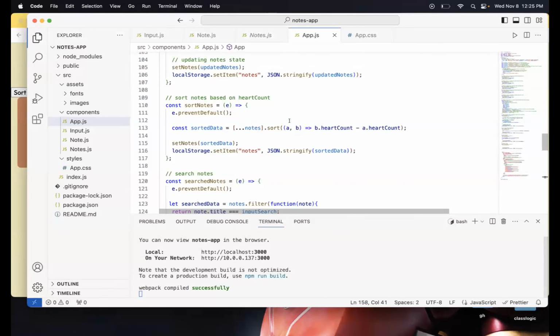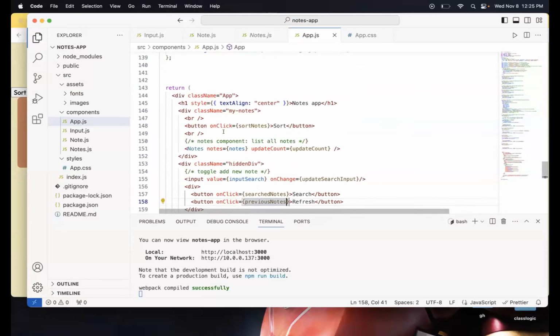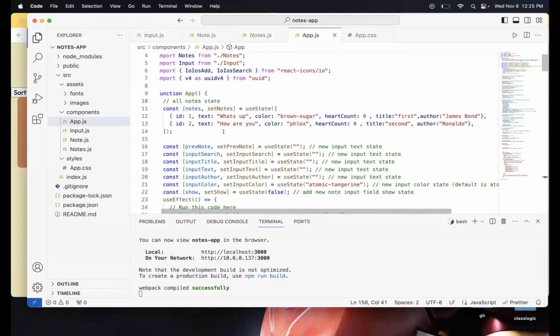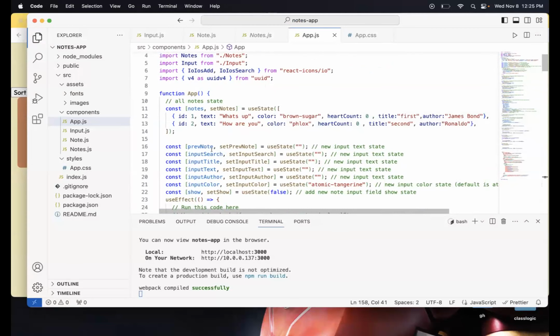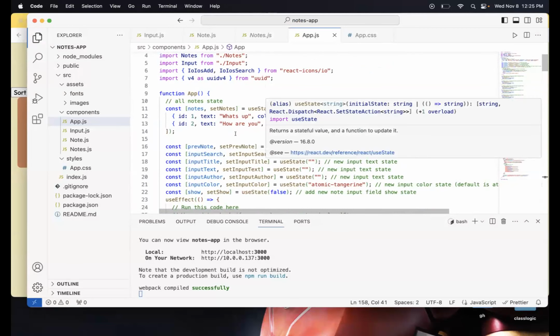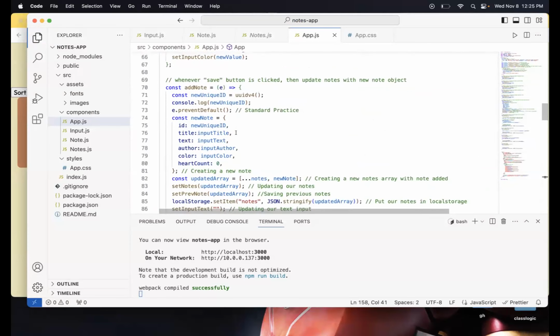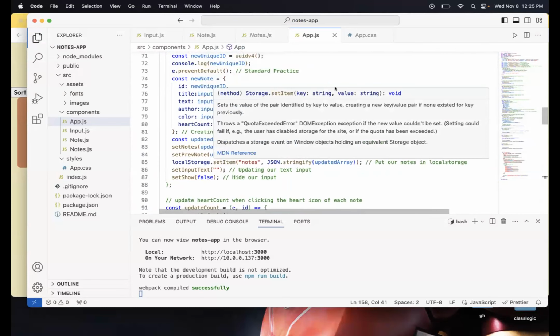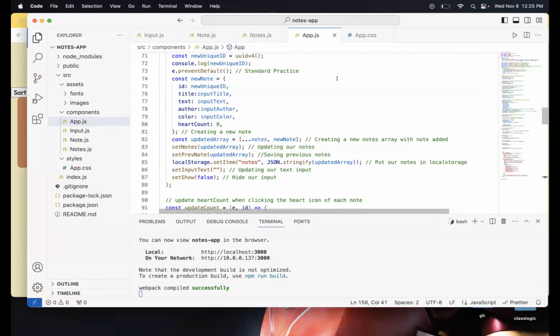Oh, so I'm just storing. So if you see an add notes, but before that, look at this. I have a state declared over here, a use state for previous node, and I am storing the updated array inside that. So essentially it's going to store the whole array up to the recent objects.